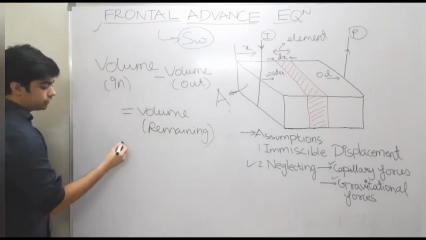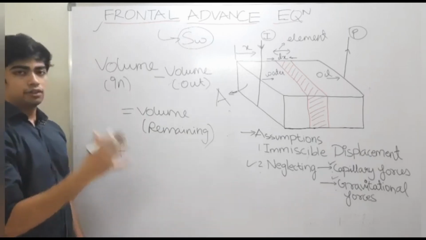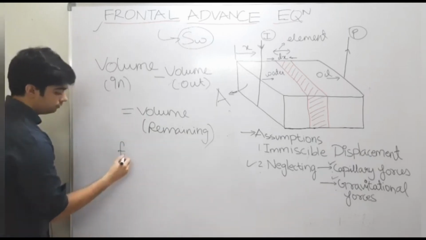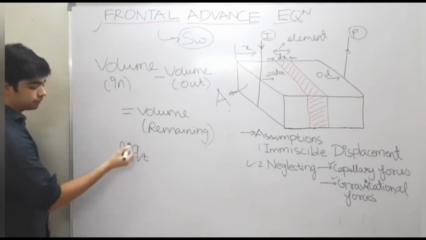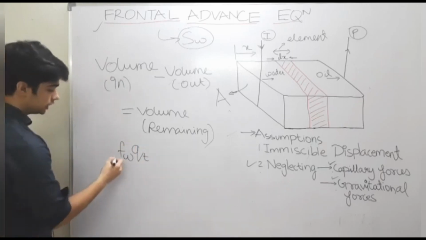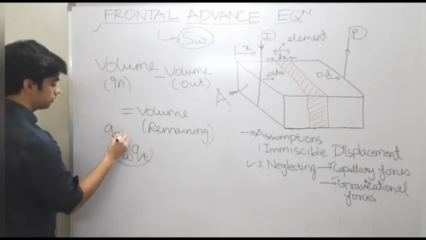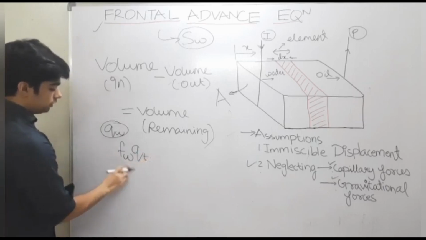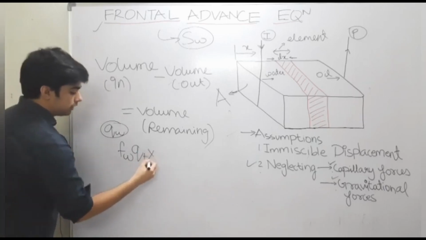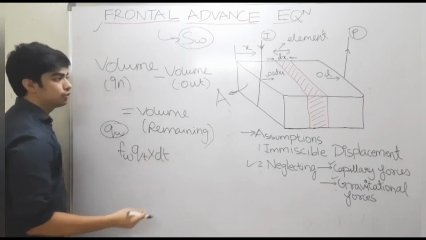So we will use the fractional flow equation as we will only consider water in this case. According to the fractional flow equation, this is what we can use. This will be basically your flow rate of water. So this is your flow rate of water which is multiplied with a very small amount of time,